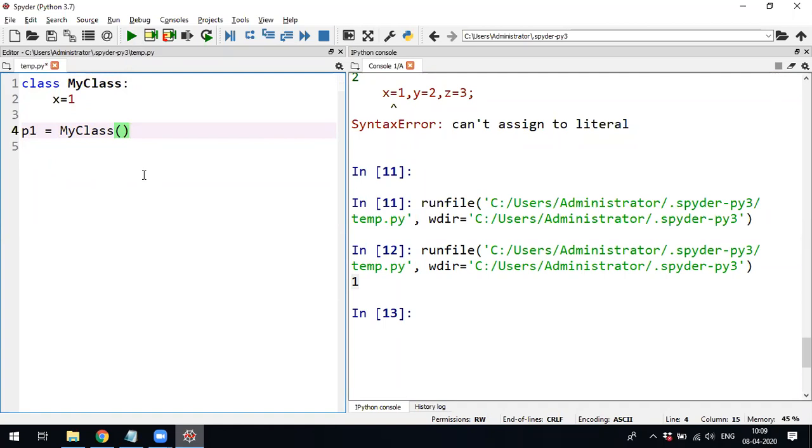This is to create an object. If you want to access the attributes inside it, use object name dot x. If you have 10 variables, everywhere you can use it like this. It is the dot operator, dot x. I think you are very familiar with the dot operator, and you have to use that. If you want to print that, print p1.x.